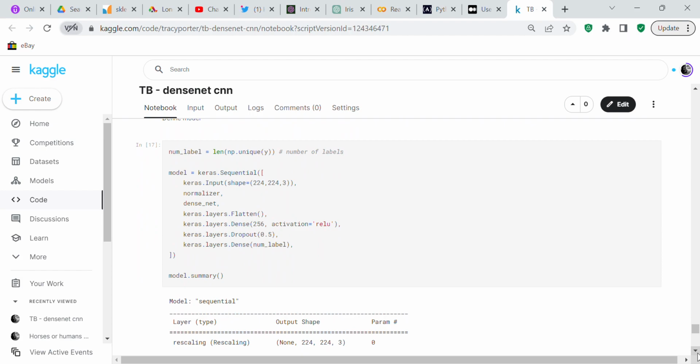So num_label equals len(np.unique(y)). That's your number of labels, or really the number of unique labels, because we'll only have 2 labels in this instance because it's a binary classification. And then what we do is we set up our model. model = keras.Sequential([keras.Input(shape=(224, 224, 3)),